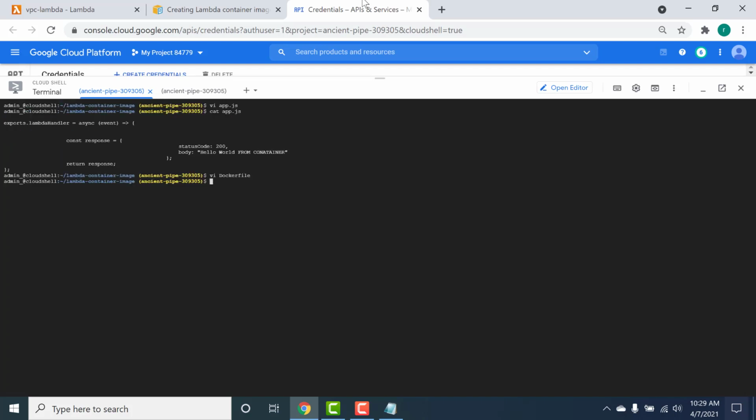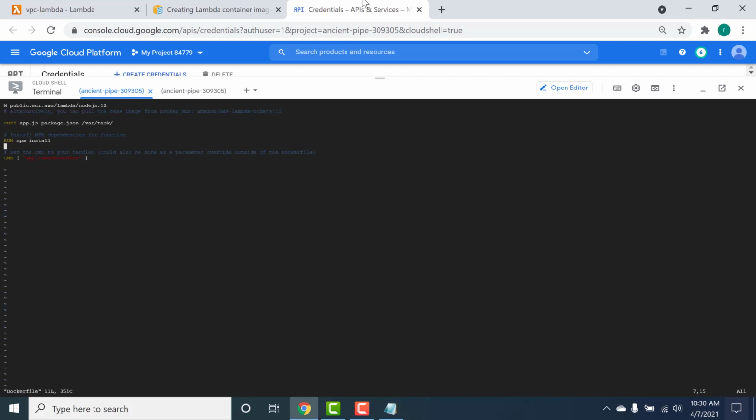Let me run this Dockerfile and create an image. To do that, I'll run docker build -t. The name of my image would be my-docker-image, and I'll take it from the current path. I think there's something wrong with my Dockerfile. Let me re-verify that. Okay, I need to change this to FROM.